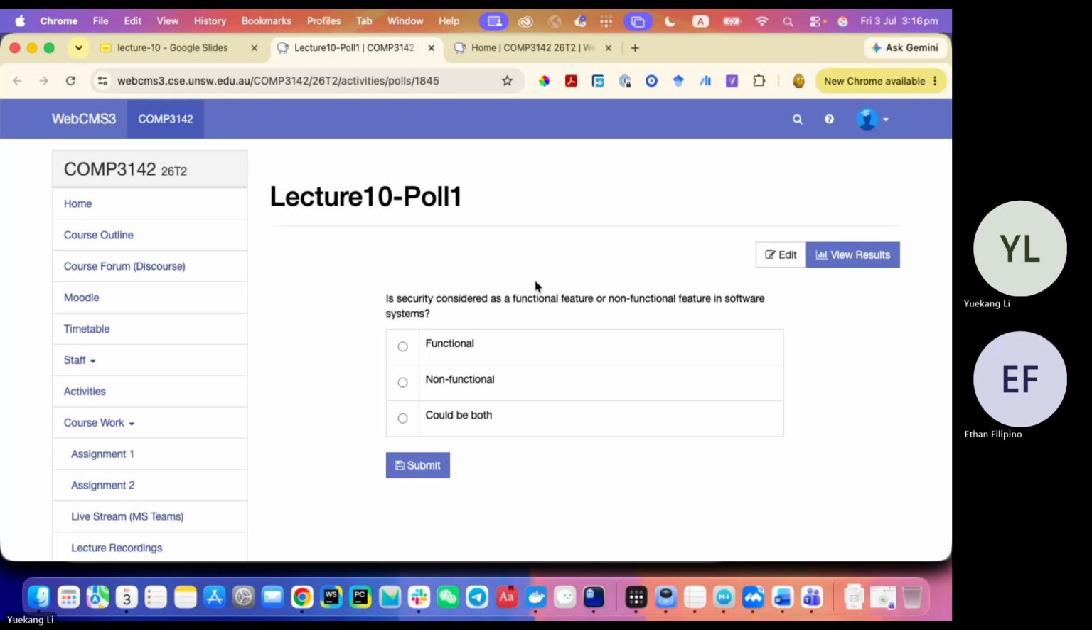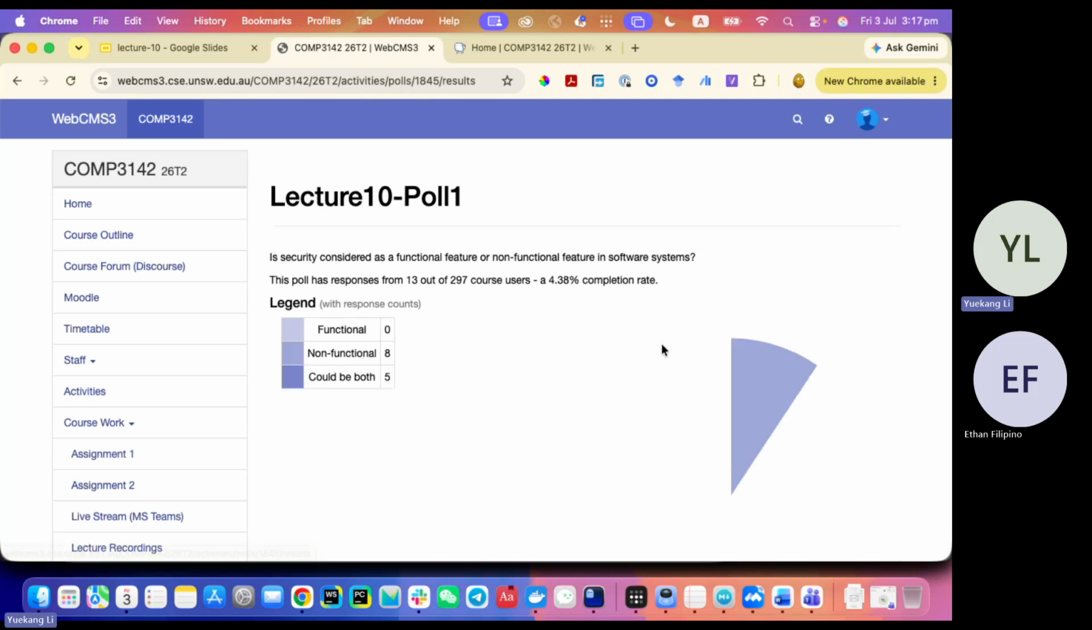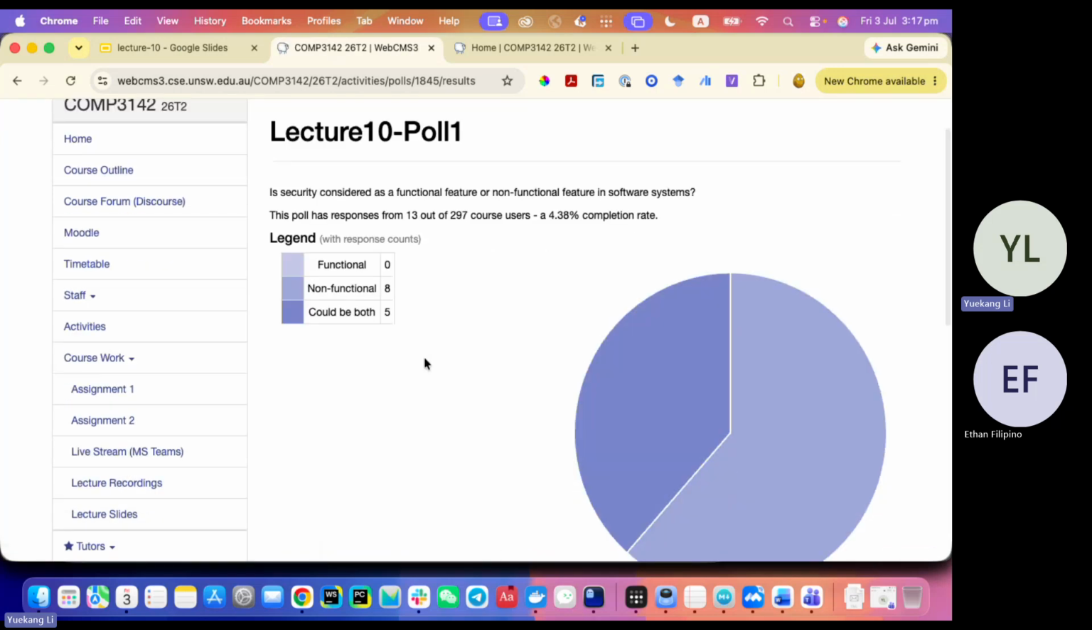So there are some hints or tricks for doing multi-choice questions. If you see something like this, normally this is the correct answer, right? So in this case, the third option is the correct answer. And let's see the results. And actually, most of you chose non-functional, and